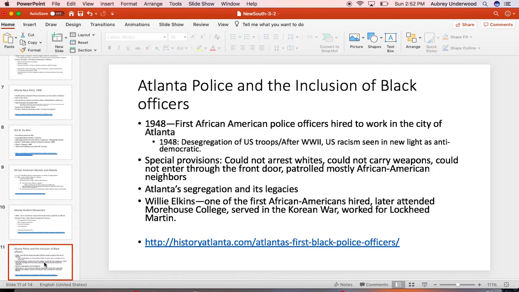The 1940s is certainly under the era of World War II and the beginning of the Cold War, and we start to see some segregationist policies effectively challenged. In Atlanta, the first Black police officers are hired to work in the city in 1948. Desegregation efforts are emerging both inside the military and outside. And as Atlanta and Georgia want access to federal dollars, the federal government is advocating policies of hiring African Americans, which the state of Georgia doesn't want to do.